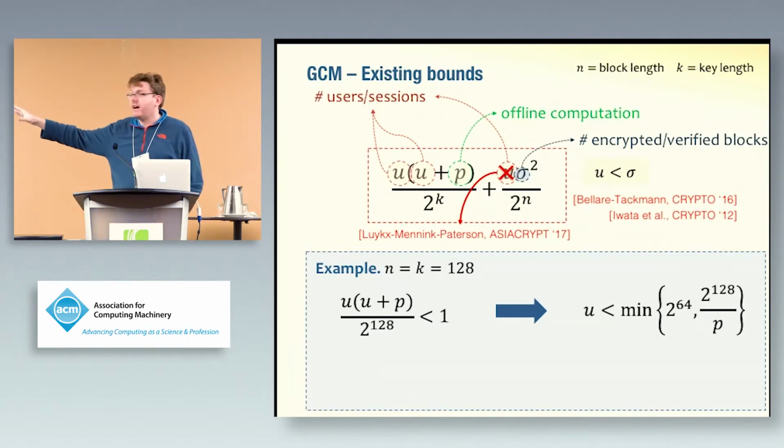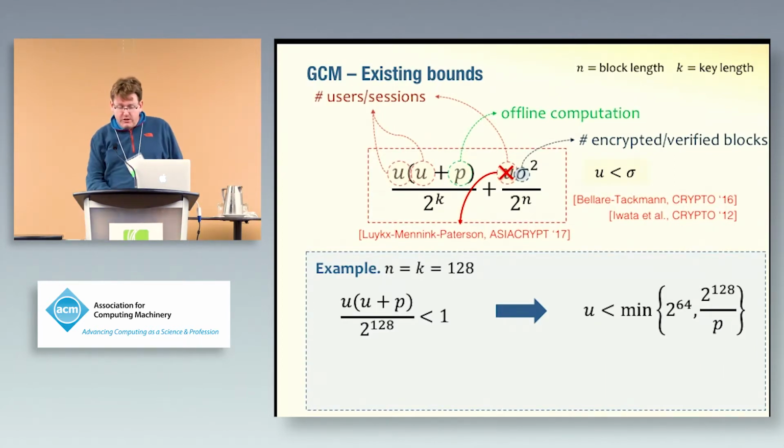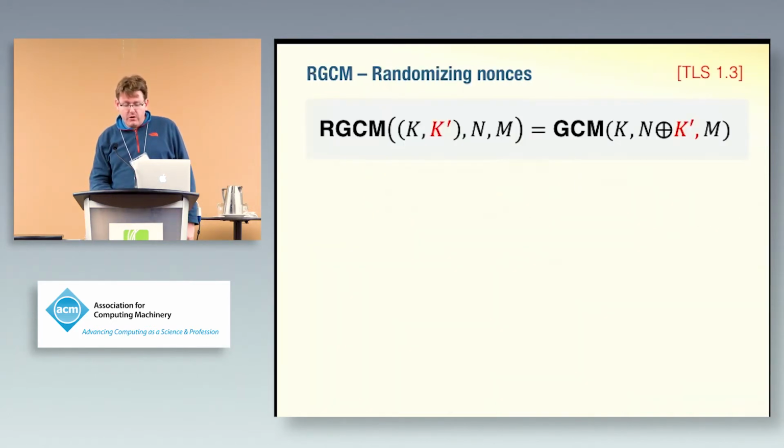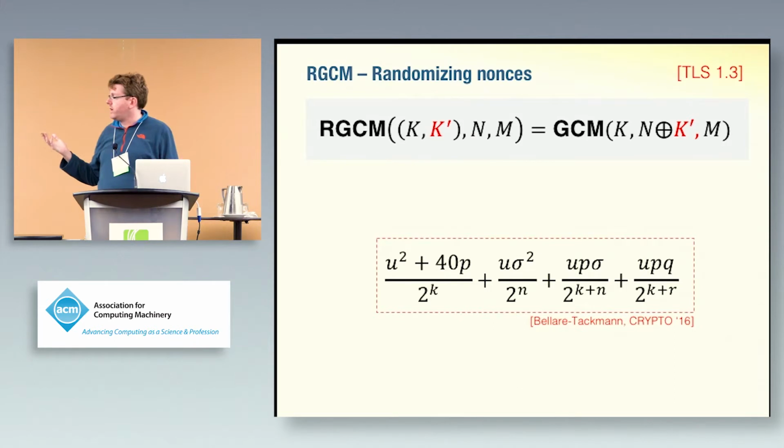This corresponds to the attack we have seen before in my motivation. And also the second term tells us that the overall number of blocks cannot exceed 2 to the 64, otherwise we lose any security guarantees. Right. So now for our GCM, Bellare and Tackmann also have shown a bound which was meant to show an improvement,